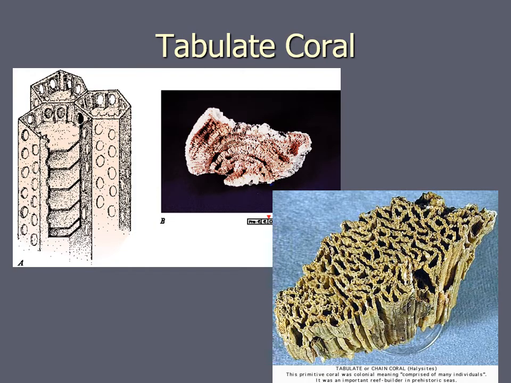Your tabulates, though, are all colonial. And we've got two major ones here. There's Halysites, which is here, sometimes called the chain coral, and then Favosites, which is what we're seeing more represented here. Again, each one of these houses thousands of individual organisms that secrete this calcium carbonate structure to produce these big reef frameworks. And just like modern day corals, we think these things probably did live in relatively shallow waters,